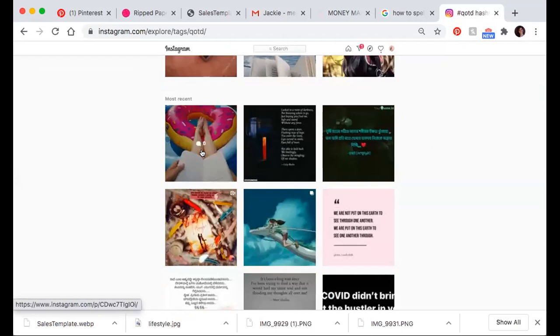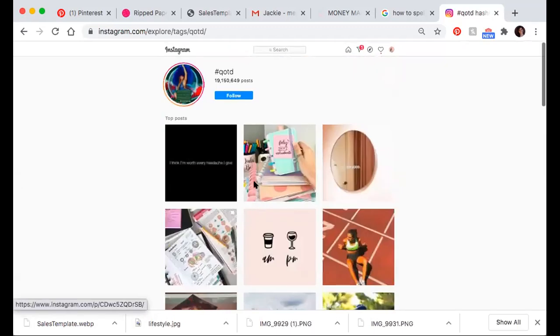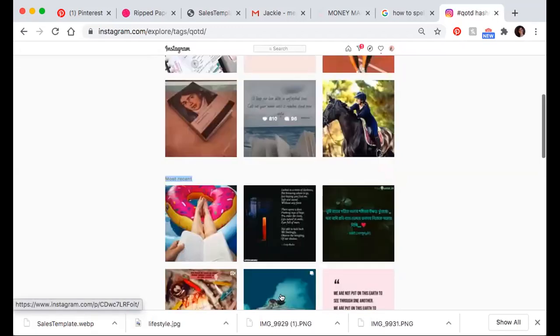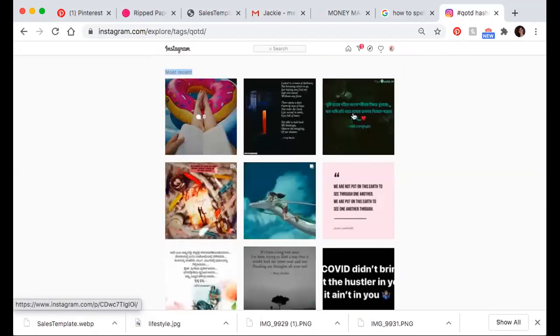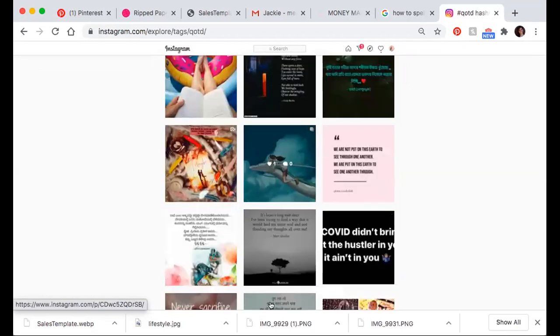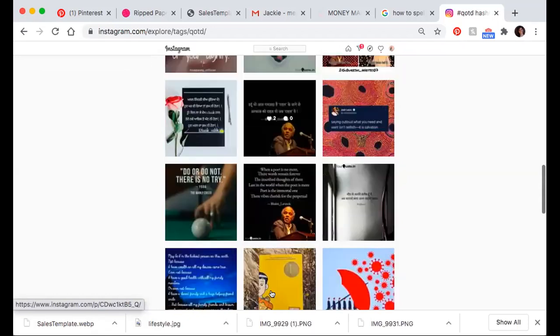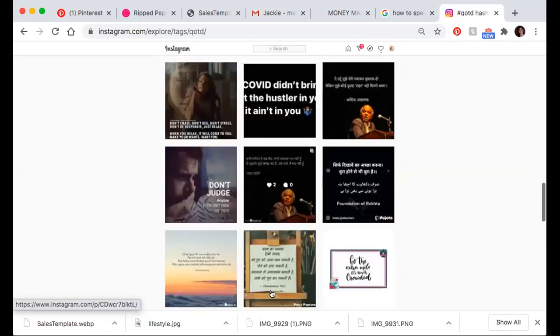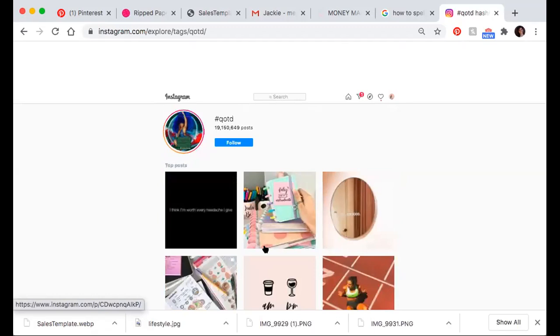And then here is the most recent. In a feed where you have 19 million posts, people's posts are staying at the top of this feed for utterly a second, less than a second. And then this post that you see here will be buried to the very bottom of the feed. So we're going to talk about hashtags more in depth, but I just want to tell you how I typically